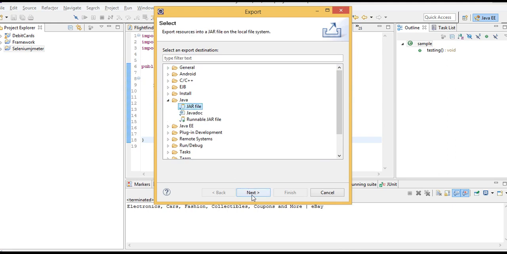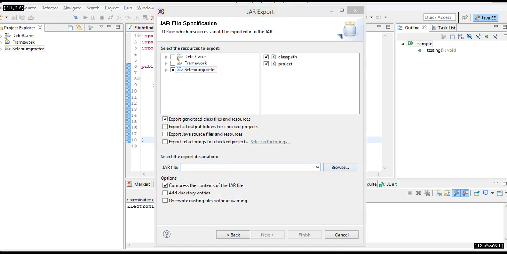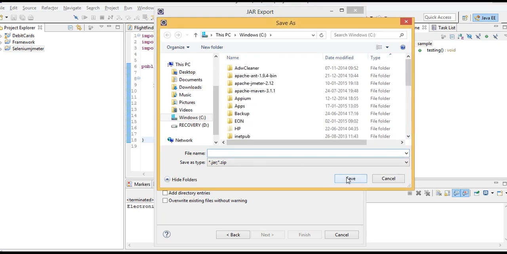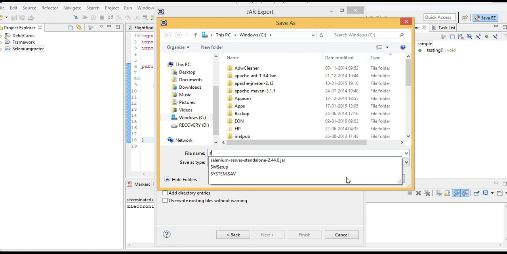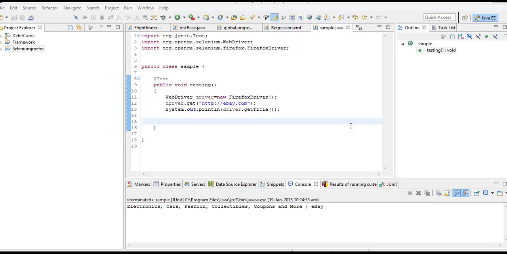Fine, click on next. Select the export destination. Let's put it in the C drive for now, and name it Sel JMeter. We have successfully saved it in the C drive.